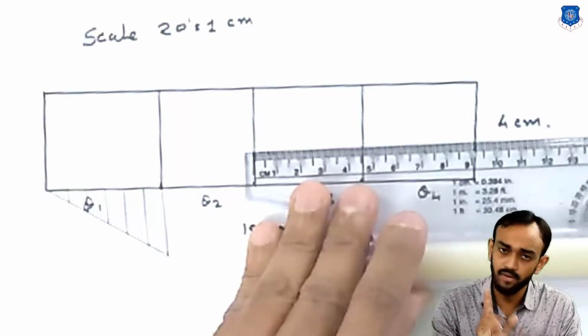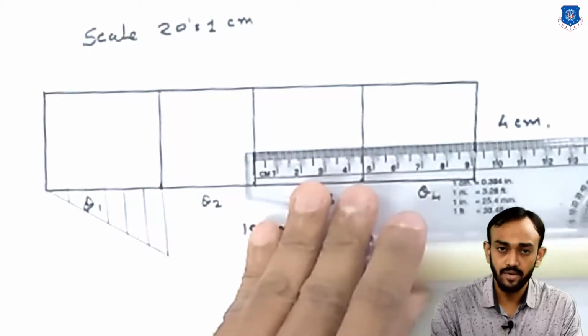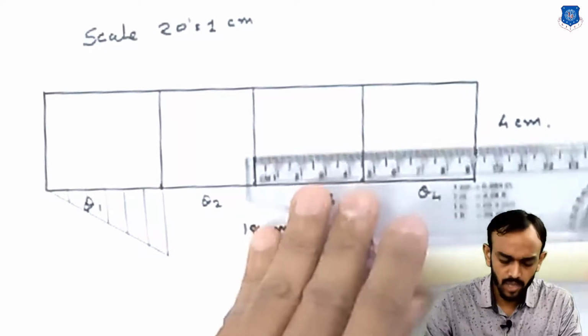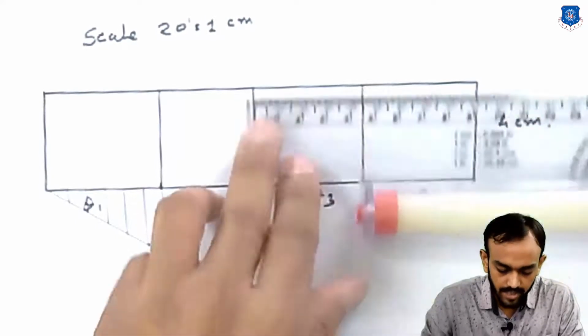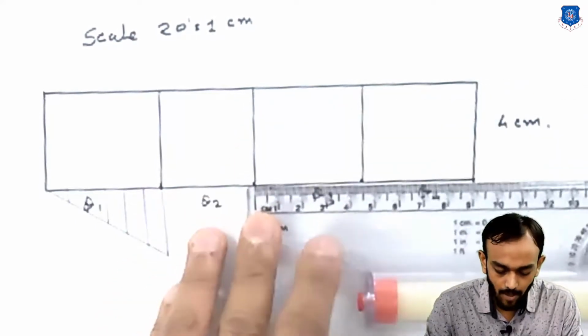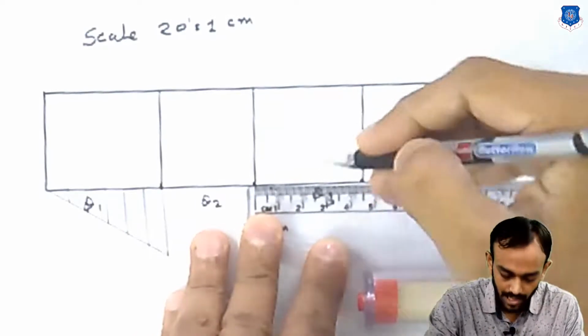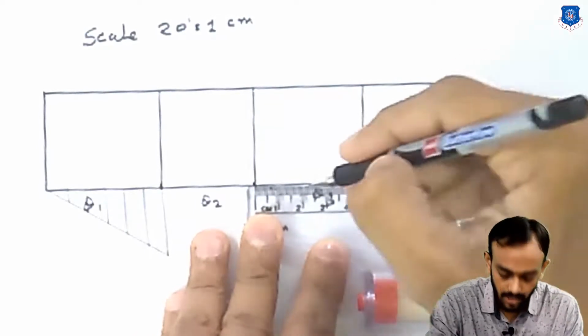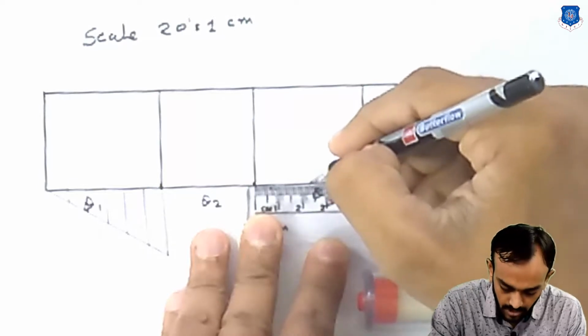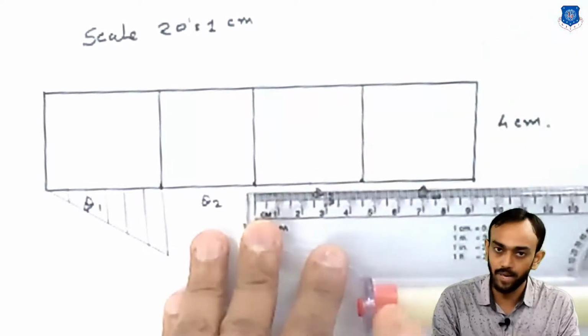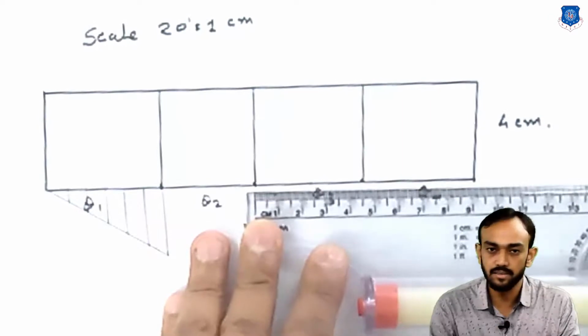This type of error will be clearly visible when you divide by this method. You can easily decrease the error here by first dividing this segment in half: 45 divided by 2 means 22.5. So first I will divide this whole portion into 2 parts, and then 3 partitions here, 3 partitions here.